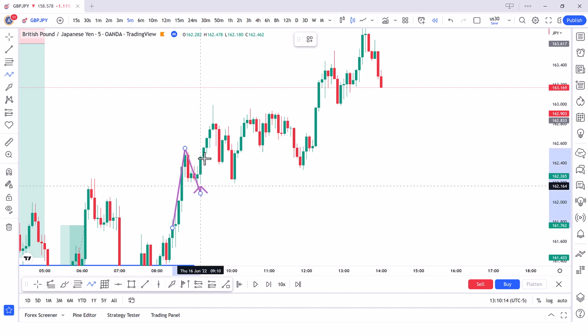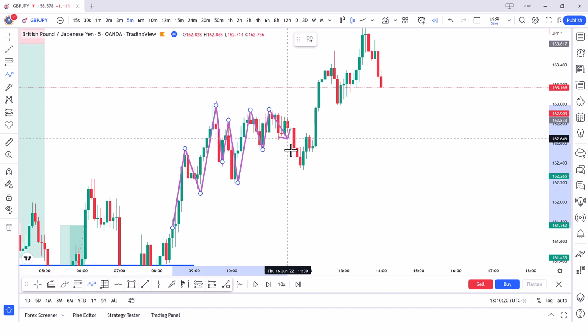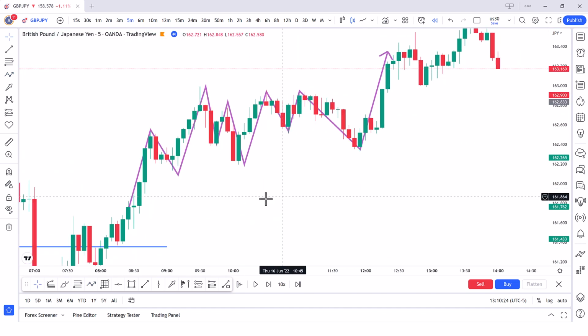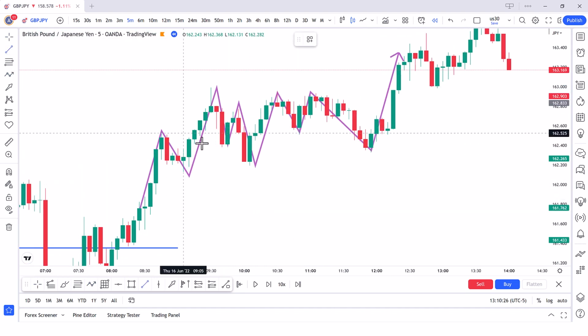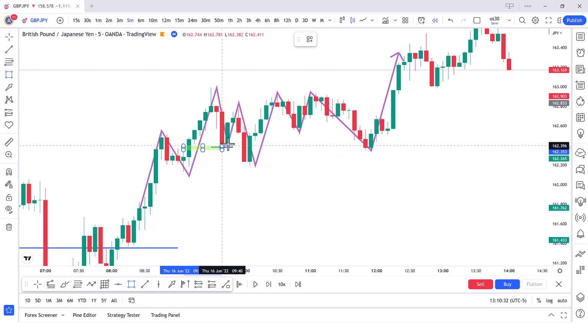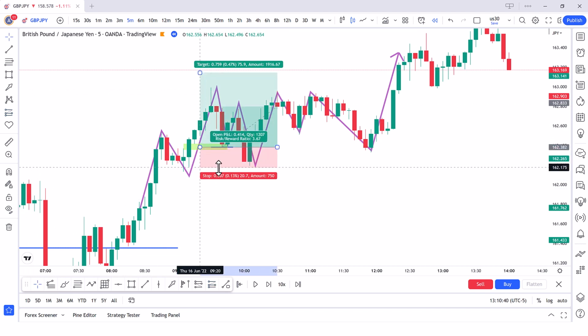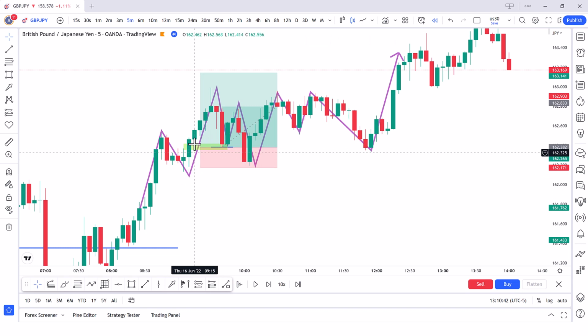I said that you have an imbalance, you have a point of liquidity, and it grabs and it moves. So where is our point of liquidity? It is going to be here. Where is our imbalance? It is going to be here. So we can enter under this low for the stop loss lower than this candle that made that imbalance, and